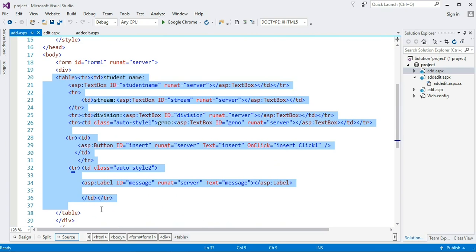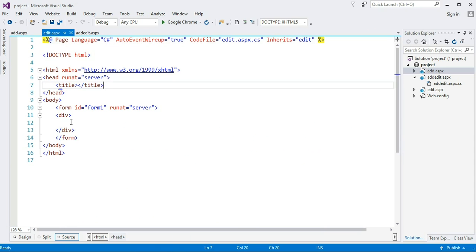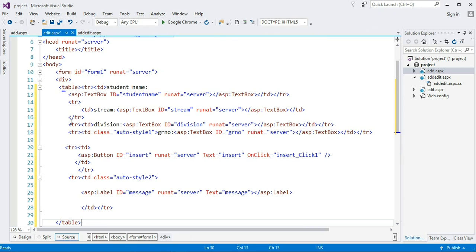If you remember, we designed this in part 1, so copy it from the add page and paste it into the edit page, the same design.